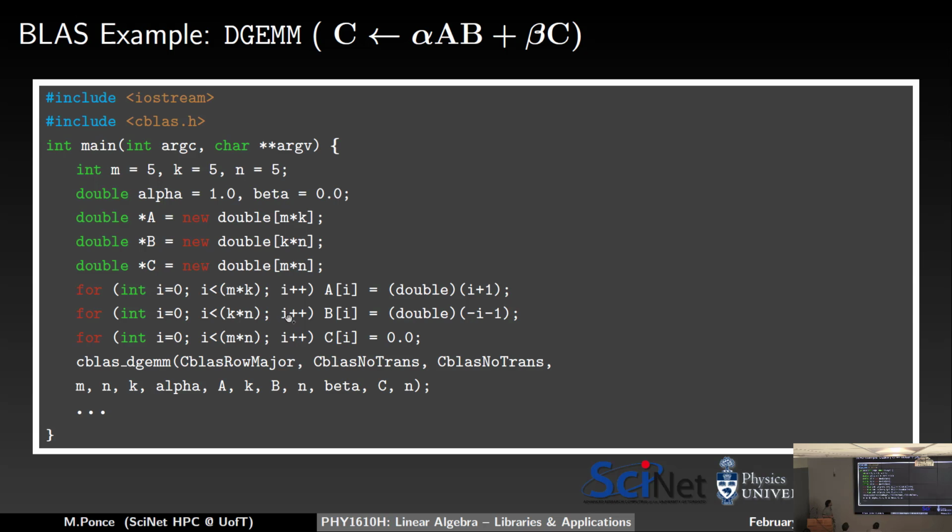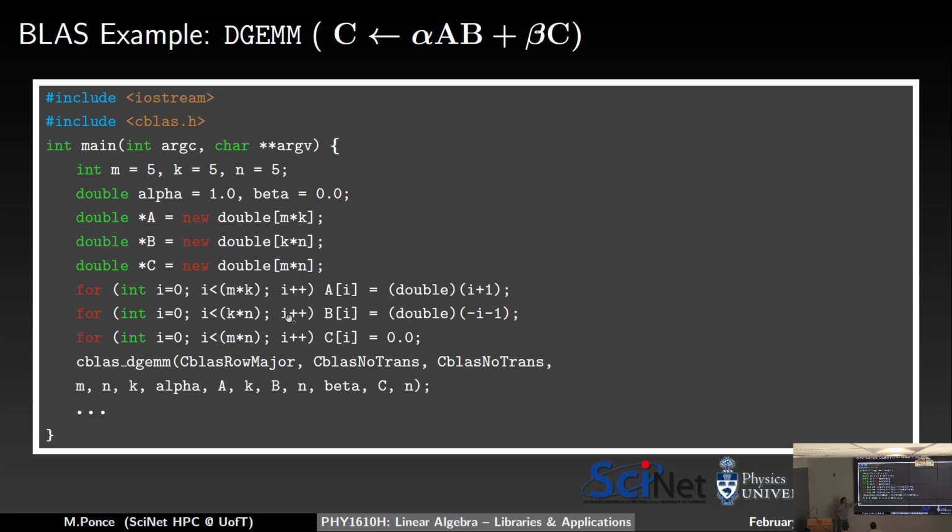Okay. And the call to the library goes like this. It's BLAS, the C implementation, the double general matrix multiplication. We are specifying that we are using row major implementation for putting the data in memory. These are for specifying whether this is the transpose of the matrix or not. If you don't need to transpose, you have the matrix as it is. So in this case, these are not transposed. These are the dimensions of the matrices, M and K. The coefficient alpha, which in this case is 1. The matrix A, and the leading dimension of the matrix, because we want the whole matrix, is the same as the dimension of the matrix. The matrix B, and the leading dimension of B, again the dimension of the matrix. Beta, which is 0: even if you don't want to do the addition with a third matrix, you need to specify that parameter, and C is where it's going to store the result of the matrix multiplication. Okay,